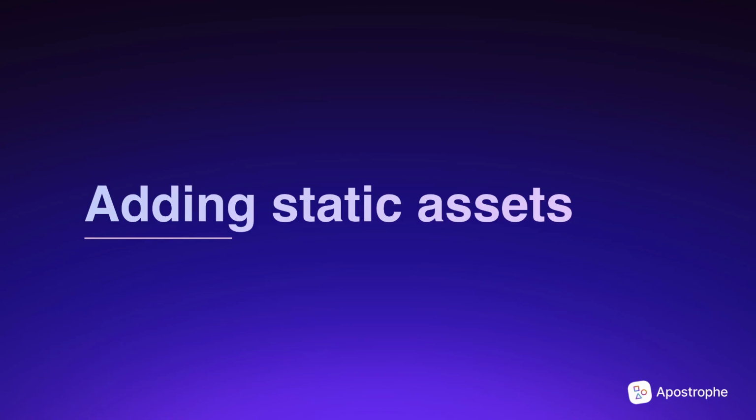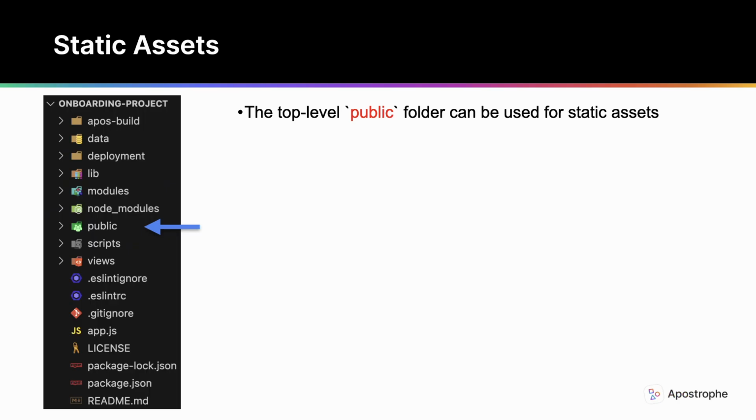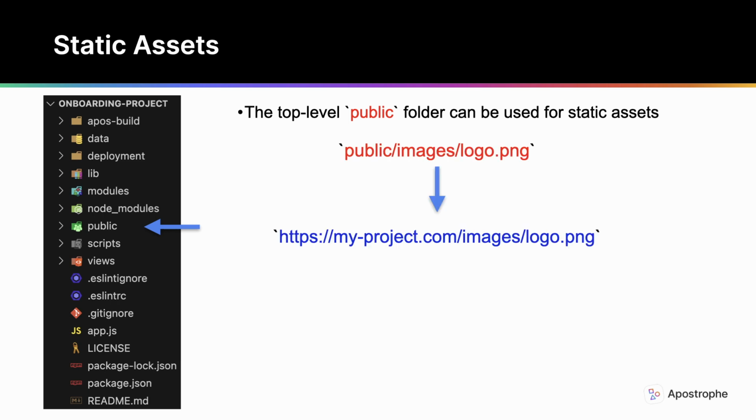Within your project, you can store static assets, the ones hard-coded into the template, not the user-uploaded ones, in several different locations. Where you store them depends a bit on how those assets will be used. The first location is within the project level public folder. Assets in this folder will be available within your templates via URL. For example, an image file placed at public/images/logo.png will be available at